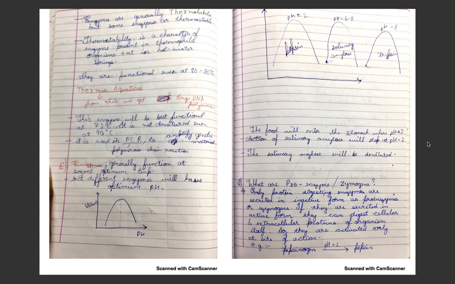Now, the food enters the stomach at pH 2. The action of salivary amylase stops at pH 2. The salivary amylase will be denatured, since salivary amylase also goes with the food, as saliva also goes inside, and then it gets